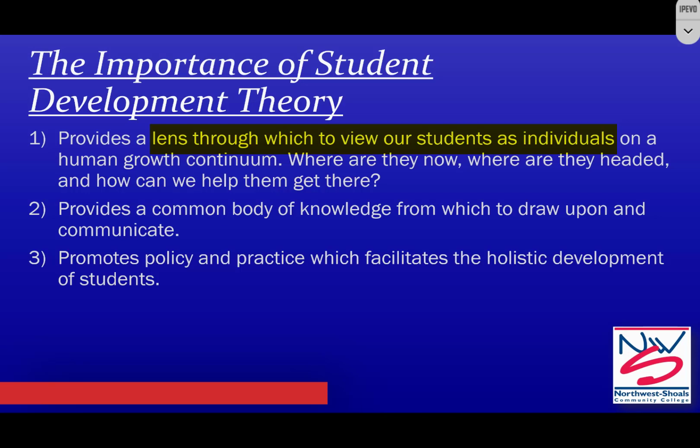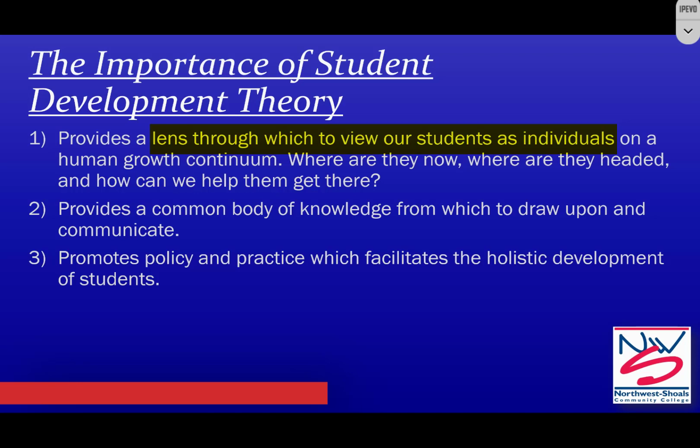And there's not anything that they can really do about that. They're just at certain points in their development. And so you have to just, not necessarily look at every student and say, okay, which one of Chickering's vectors is this student at? But if you take student development theory as a whole, and you kind of know in general what the progression